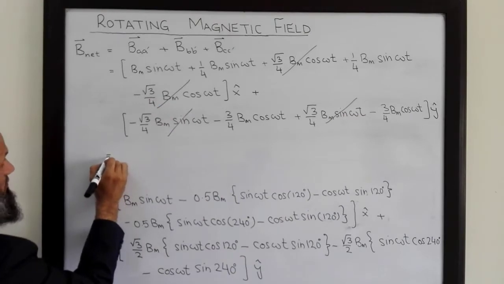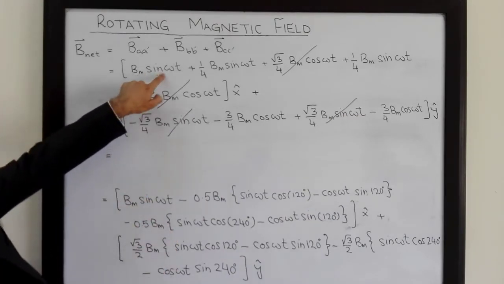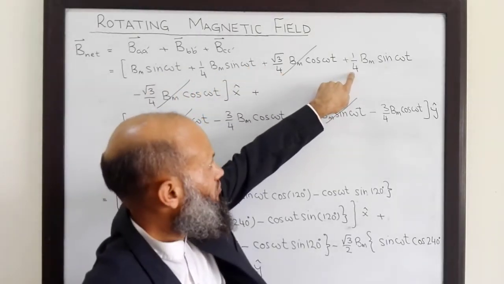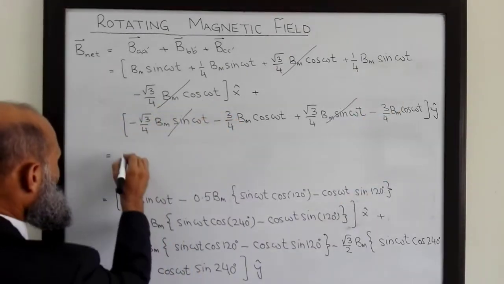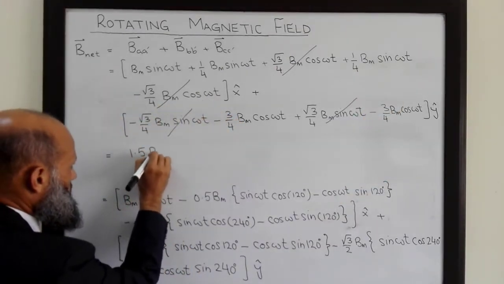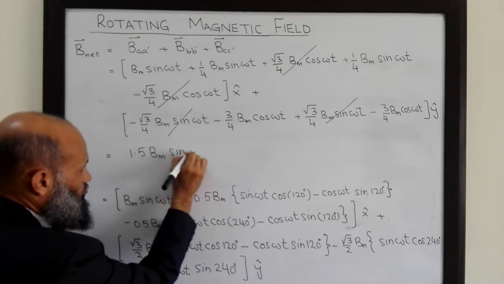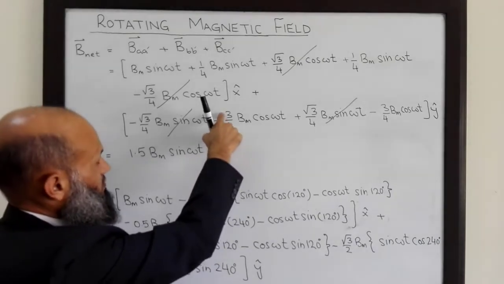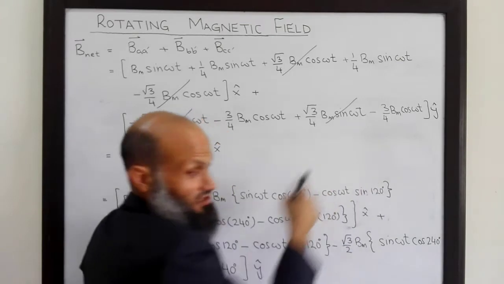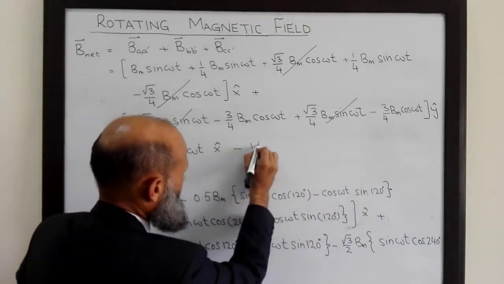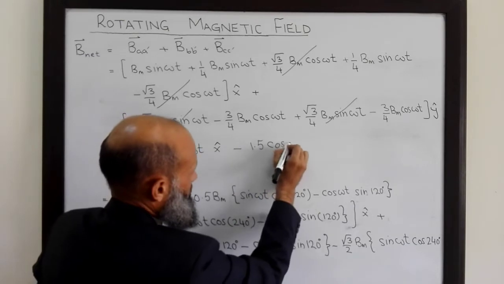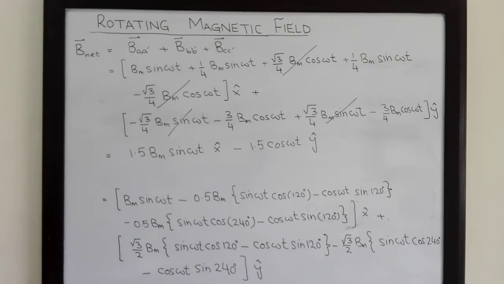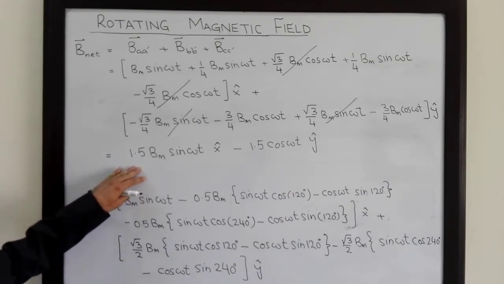one. So resultant vector, that is equal to Vm sine omega t, 1 by 4 Vm sine omega t, 1 by 4 Vm sine omega t. That comes out to be equal to 1.5 Vm sine omega t, horizontal component of the resultant vector. And this 3 by 4 minus 3 by 4 and minus 3 by 4, that also comes out to be minus 1.5 Vm cosine omega t, vertical component of the resultant vector. So this is the resultant flux density vector.